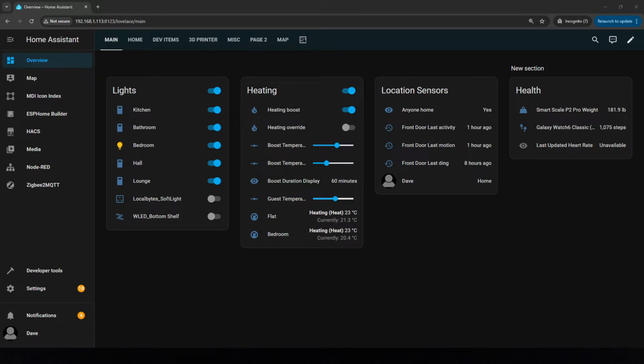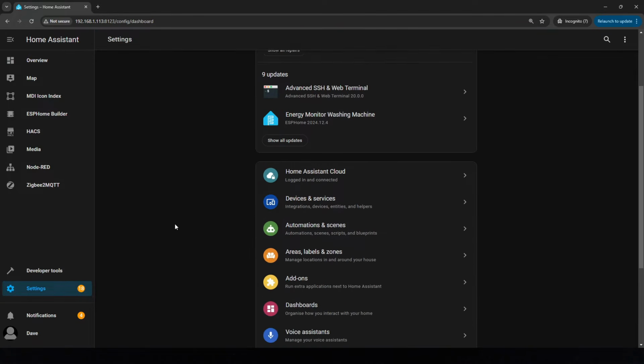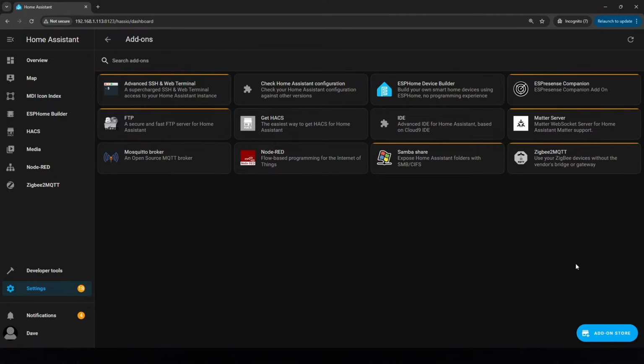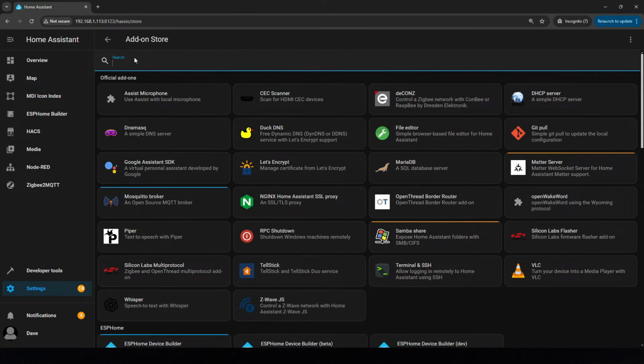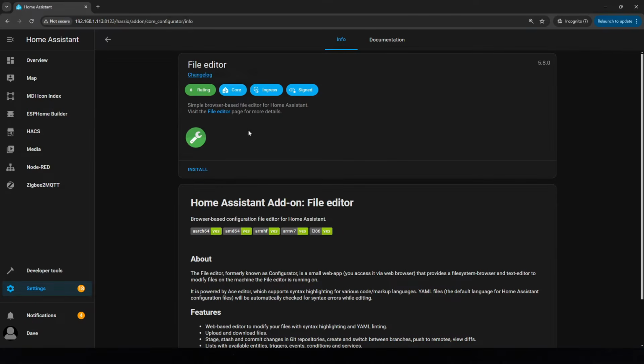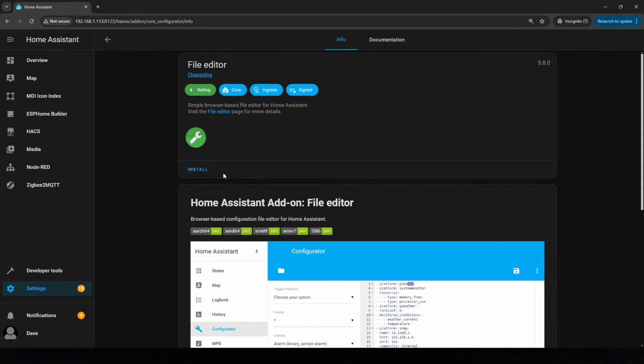Now let's move on to installing the required prerequisite add-ons. We'll start with File Editor. So click on Settings, then scroll down and look for Add-ons. Then click on Add-on Store. Then in the search, just do a search for File Editor, click on that, and then you're going to click Install and just wait for it to go through its processes,